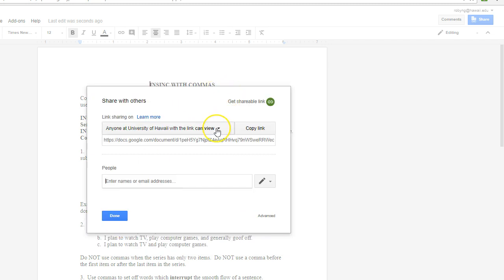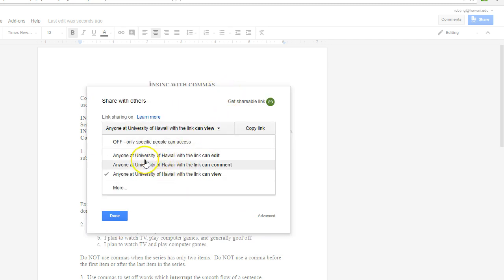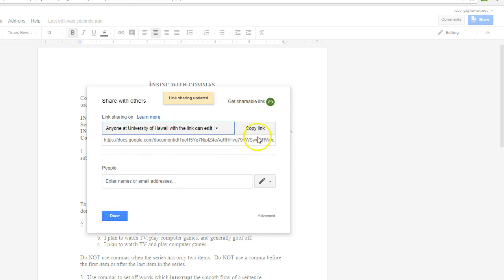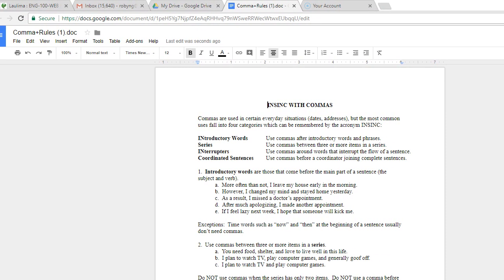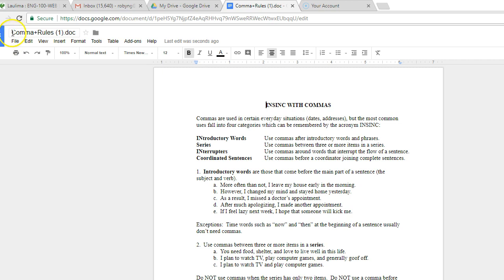So again, I'm going to go back to this and change it to anyone can edit. And then what I'm going to do is hit copy link, and I hit Control-C. I'm finished with that. And now I'm going to go back to, we'll just pretend like this is the scavenger hunt assignment. We'll go back to Laulima,